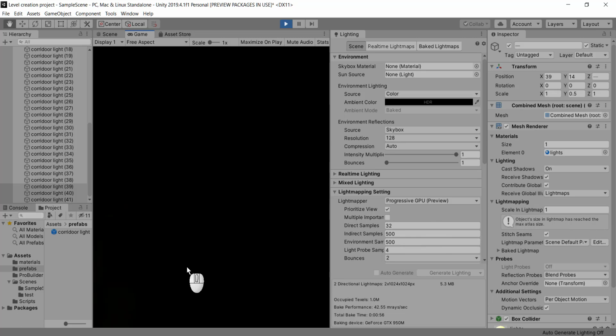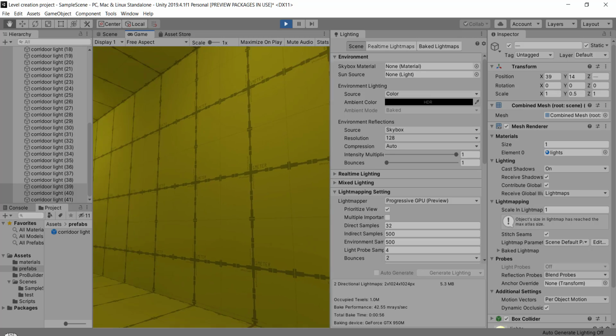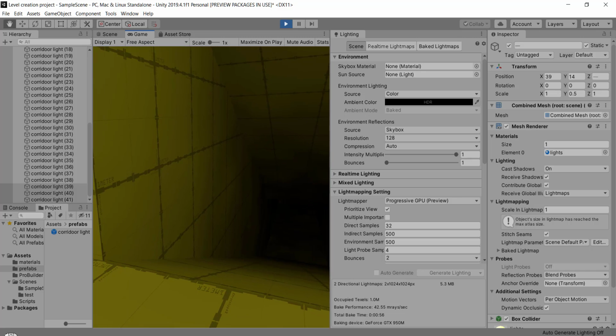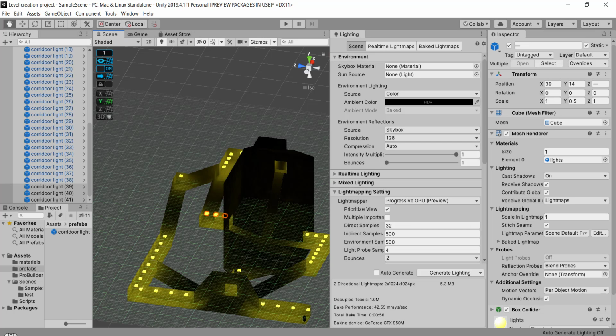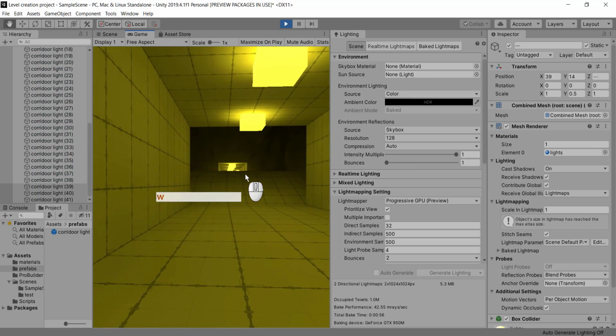So we have our tunnel region left to add the lighting. Now we have proper lighting for our corridor system